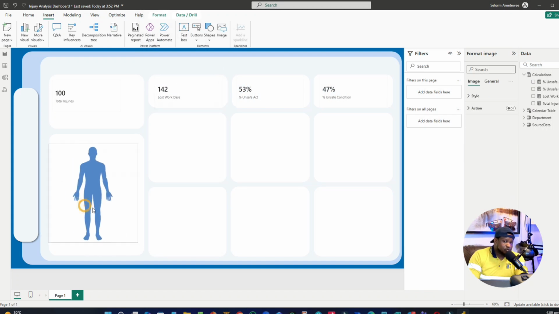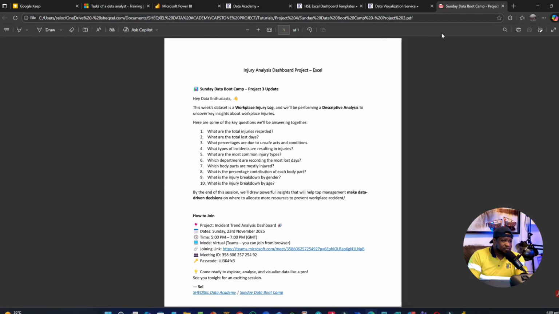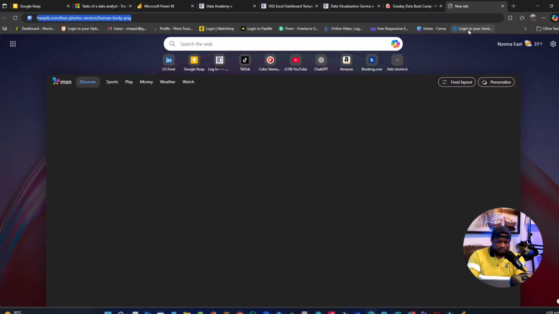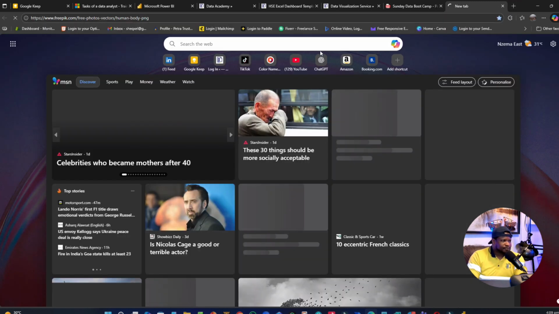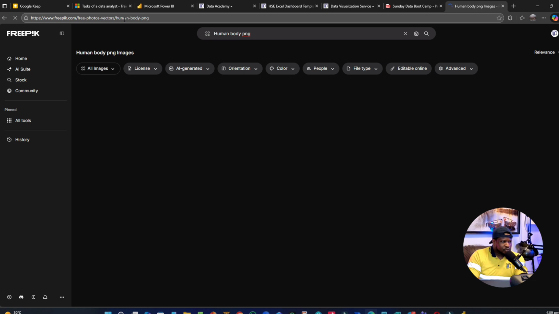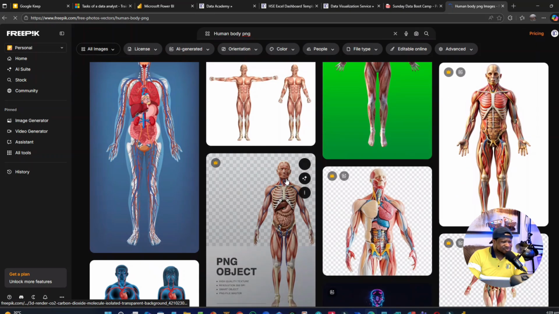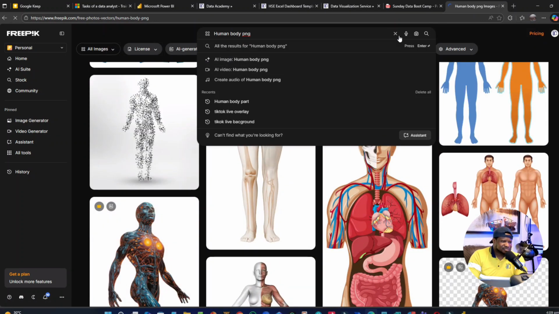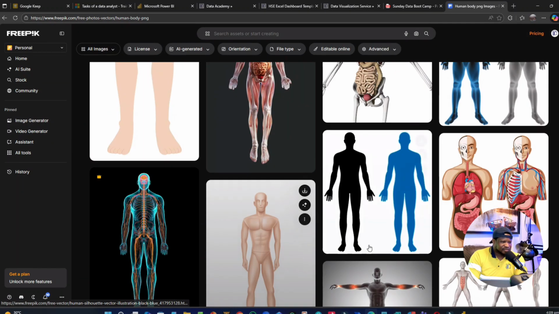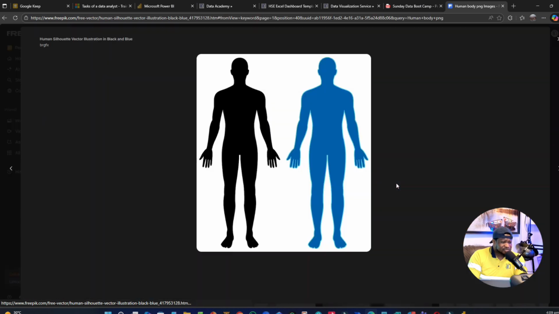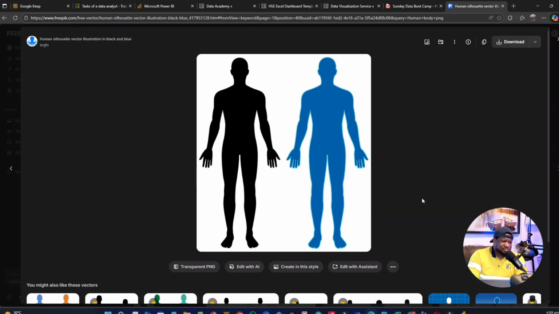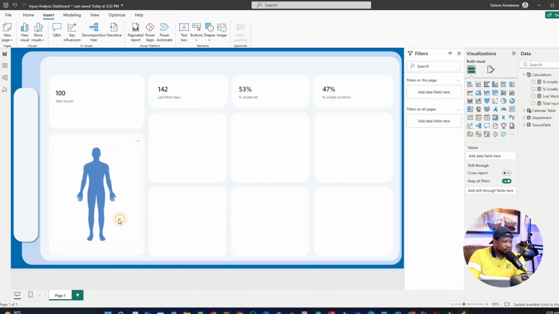You can find this on FreePik. So go to FreePik, I can show you right now. Go to freepik.com and you search human body, PNG. So you're going to see a lot of them. Choose the one you're comfortable with, right? Then there's the one that we chose, and we just cropped the other side of it. So you can literally do the same thing absolutely free. Okay, so we load it in here,